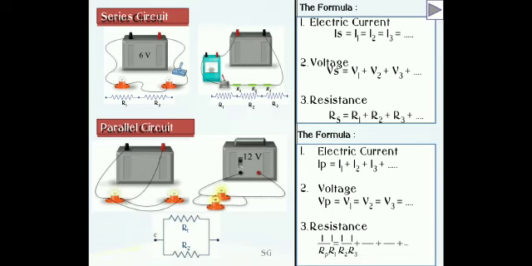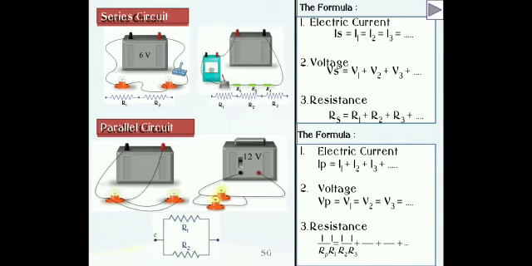What about the voltage? Voltages are different. So the voltages are V1, V2, V3. Then the effective voltage is equal to V1 plus V2 plus V3. And the effective resistance: here I have three resistances. I am replacing these three resistances with a single resistance. So the value of the single resistance is Rs, which is equal to R1 plus R2 plus R3. Okay, clear? It is a sum of R1 plus R2 plus R3.